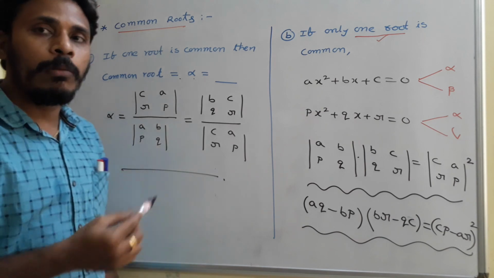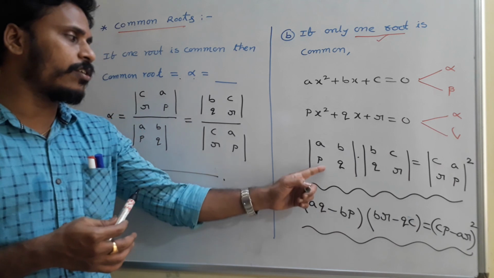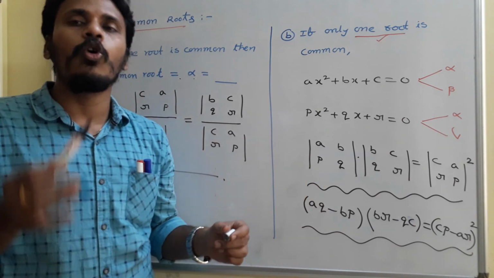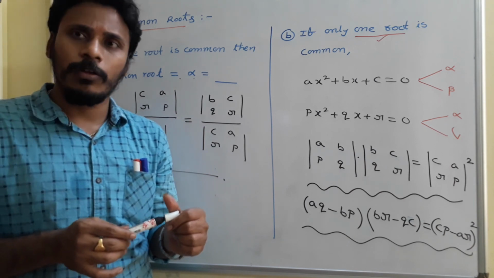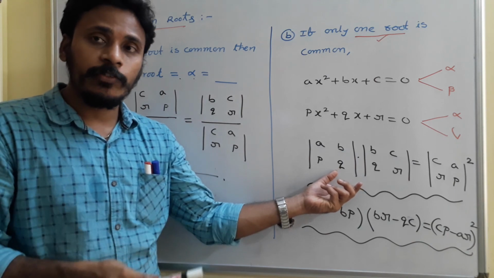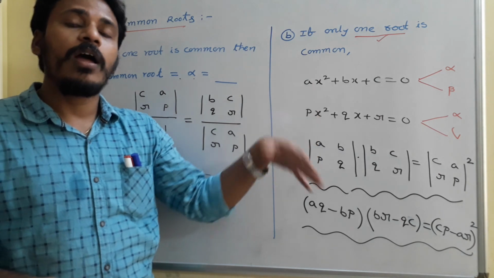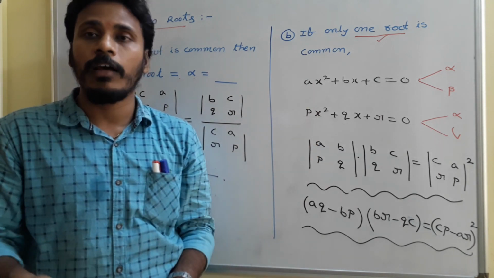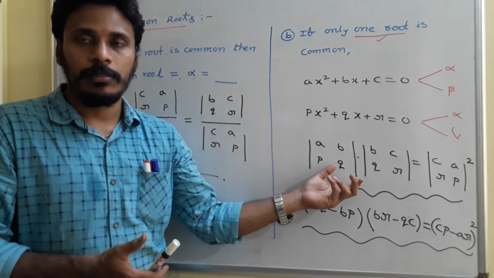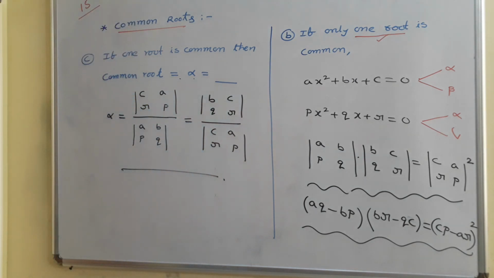So to solve problems related to common roots, one way is that we use these relations and this value to find that common root. In another way, directly we go with the actual procedure. What is the actual procedure? See, the proof, the logic behind this statement. Since alpha is a common root, substitute x with that alpha and try to eliminate alpha, try to find alpha, and all of that is involved as a procedure. And this is a direct shortcut. You may use either one of those two, right? Just have a look. I will discuss some problems.